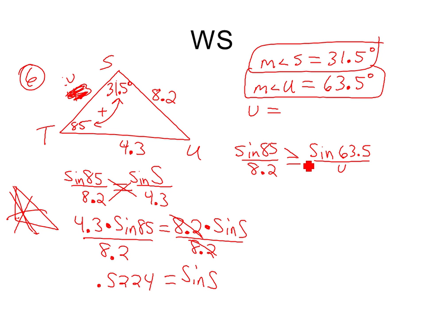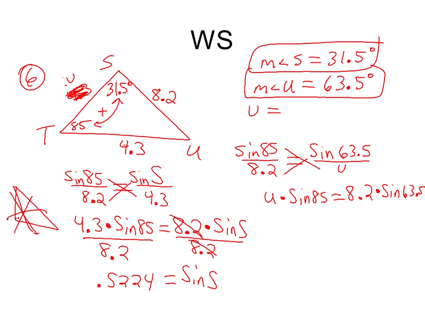We cross multiply. Here you get u, oops, that should be a little u. U times sine 85 equals, going the other way, you got 8.2 times sine of